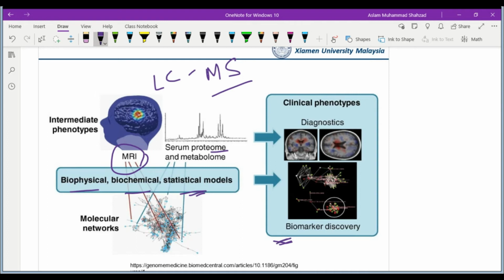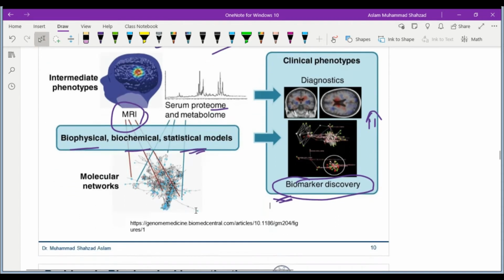It works with the identification of different biomarkers, and it is also helpful to determine new biomarkers which could be responsible, because the environment is constantly changing, and because of that, research is going on to identify and discover new biomarkers that could cause a disease and later be helpful in diagnosis. So that's knowledge, and that's a continuous process, which could be helped by liquid chromatography, mass spectrometry, or using NMR as an analytical tool to diagnose the biomarkers, and using MRI techniques also for identification of the molecules that are responsible for that disease.